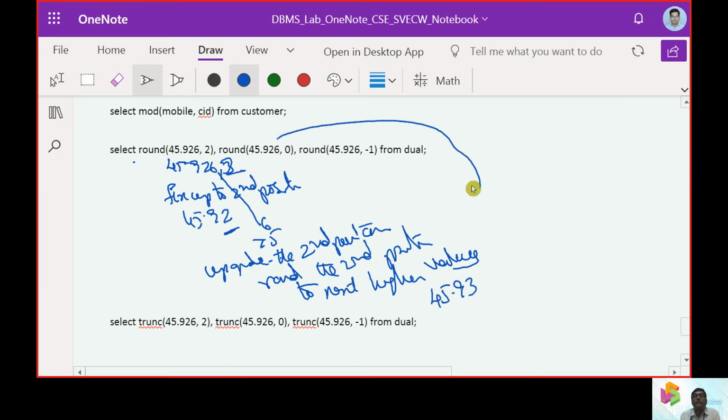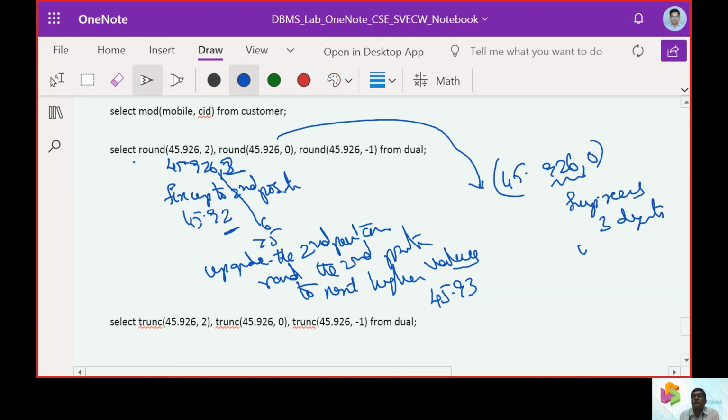Now what about this 0? 45.926 with 0, we don't need any of this, right? So that means we need to suppress the 3 digits in the fraction part.